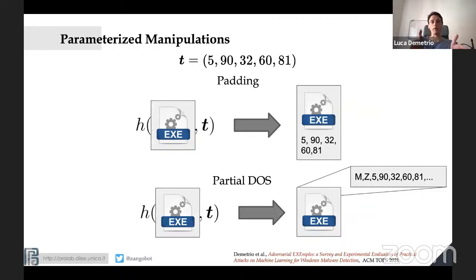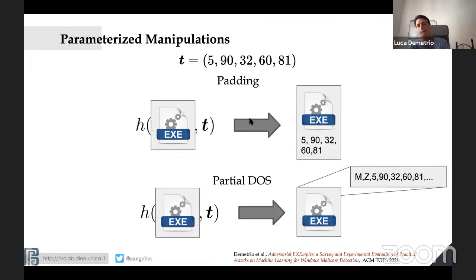So imagine you have this T vector of parameters, and when you pad with this T, you basically take the bytes that you're listing and you put them at the end of the file. So depending on the size of this T, you're deciding the size of the manipulation. And for the partial DOS manipulation, that is writing in the DOS header, it's the same.